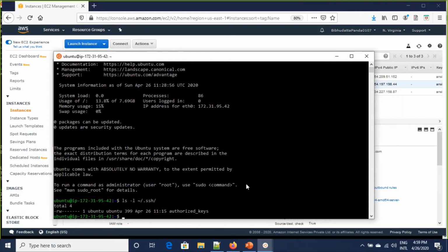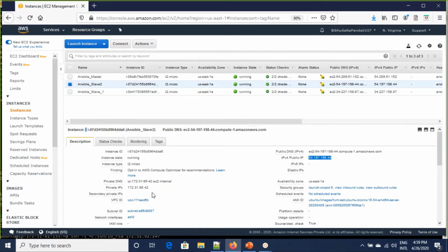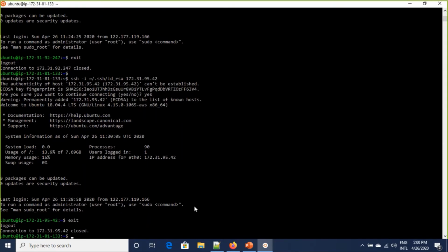Control D. Now we can also SSH from here. We need to give the private IP of it. So both communications are now fine. From master, we are able to access both the slave nodes.